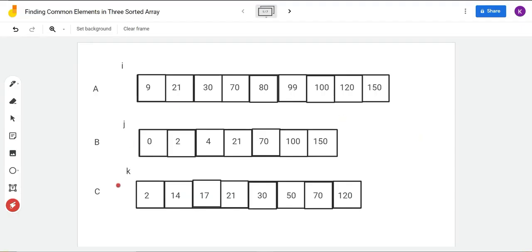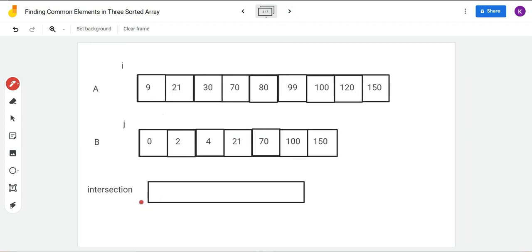Here we are given A, B and C that are in increasingly sorted order. We have used I, J and K to iterate through our arrays. We will initialize I, J and K to 0. So first we'll find the intersection of A and B. To do that, we'll create an intersection vector so that we store the solution in it. We will consider the current element of the array A as small a and the current element of B as small b. So initially we are at the 0th element.